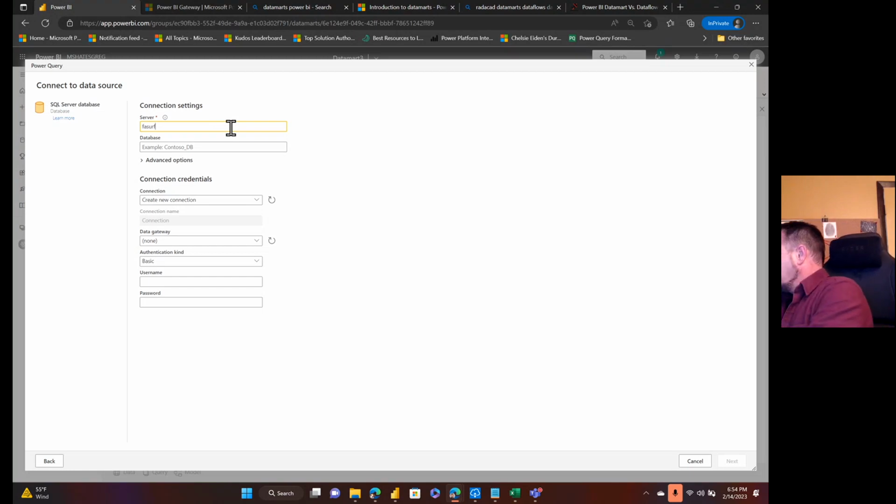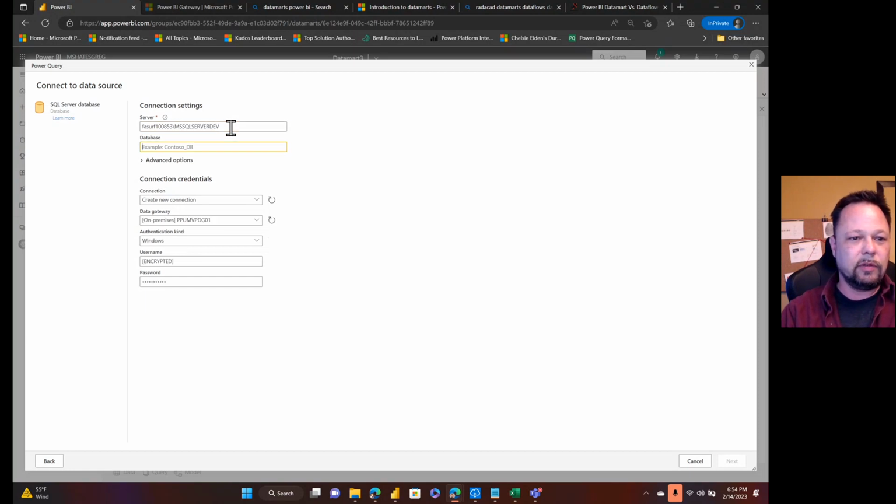I can't remember the name of that PC. I really should do more planning for these. Properties. Okay, FA Surf 100853. Yep. MS SQL Server Dev and AdventureWorks